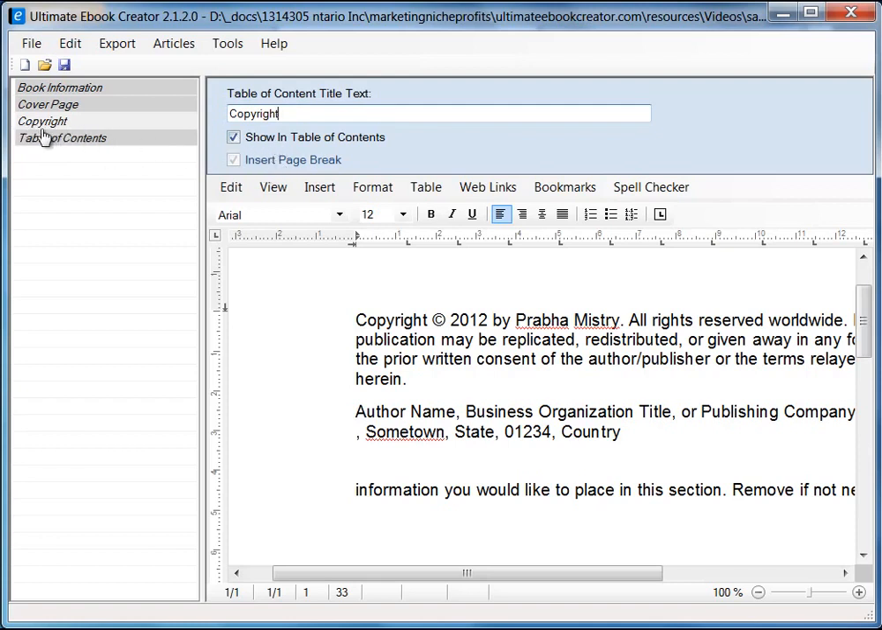So this is what will show up in the table of contents, and you can also hide this page from the table of contents by unchecking this. Okay. Alright, so we'll just call it title page like we did before. Okay, and we'll come back to the table of contents, but for now let's move on to actually creating the